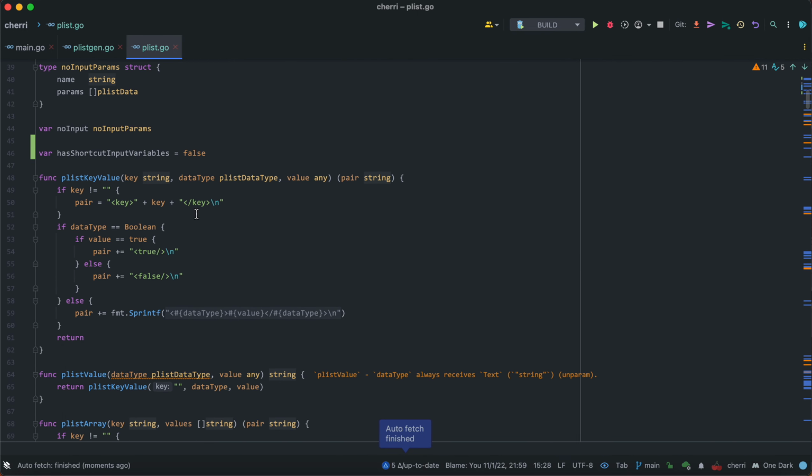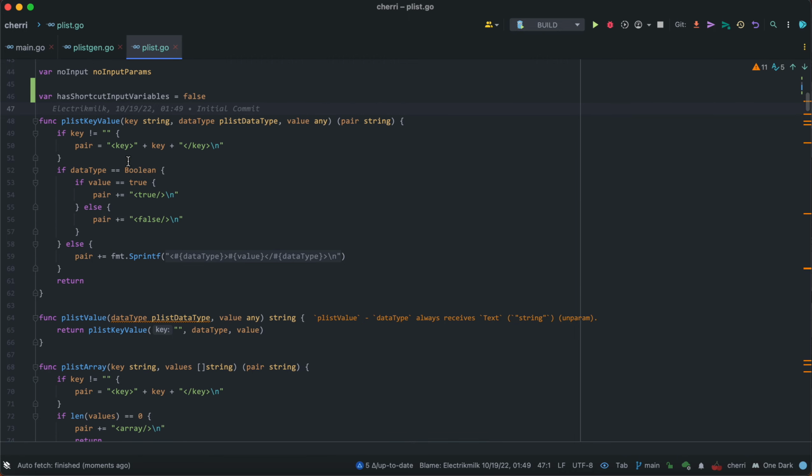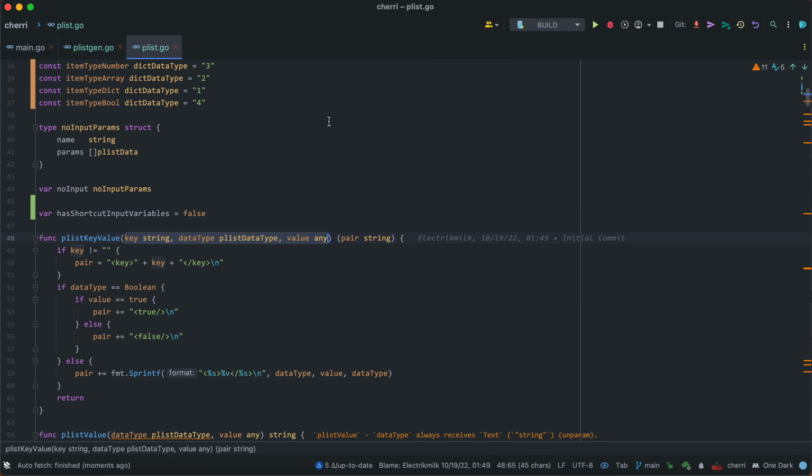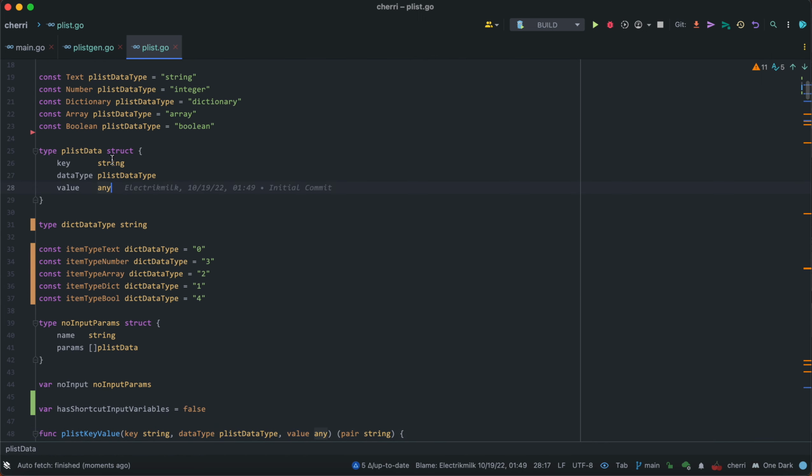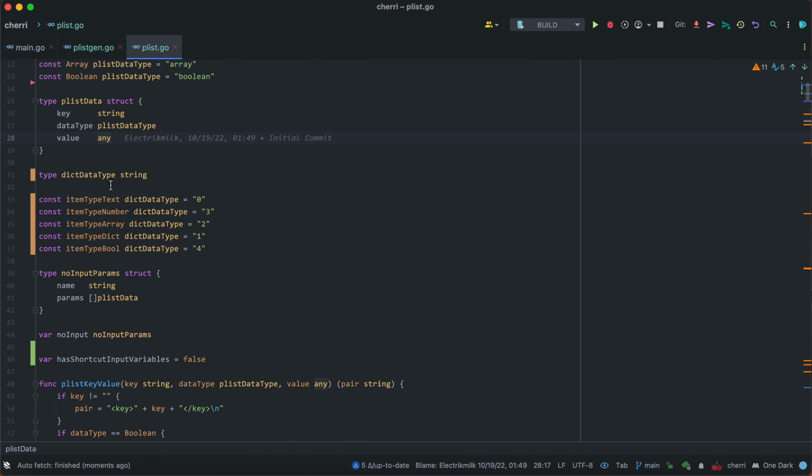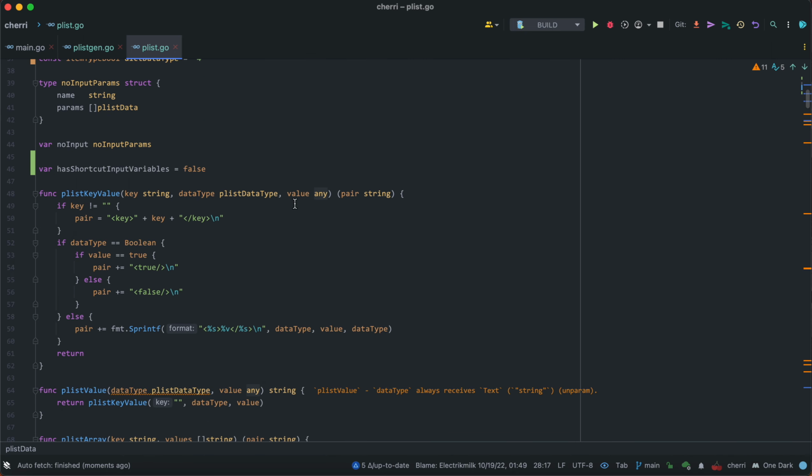Okay, yeah. So let's go over some of these plist functions. The main one at the end of the day is just, like I said, taking this data. This is something here that's then abstracted into a struct up here. So string, plist data type, any. These correlate to this value for this function. And so we're just putting the data type into these tags, putting the value here literally, and